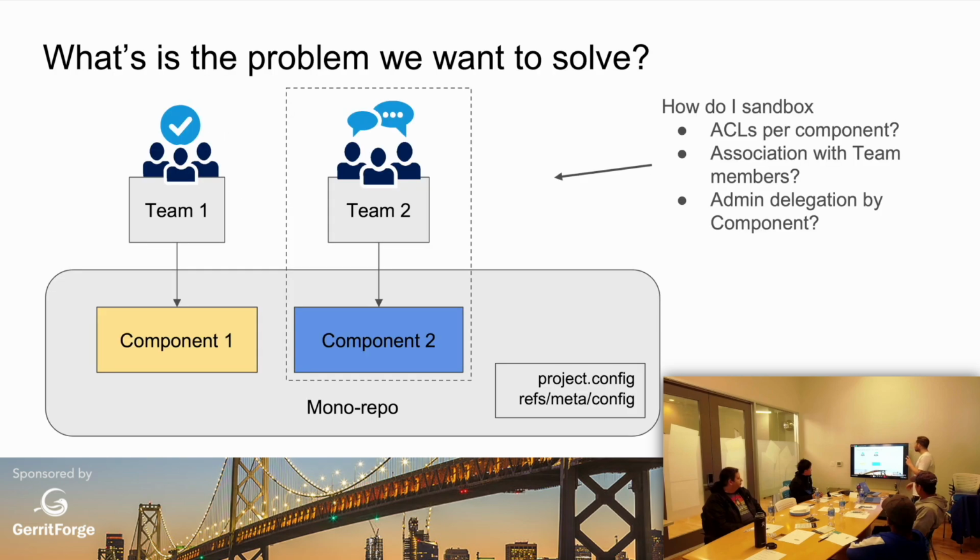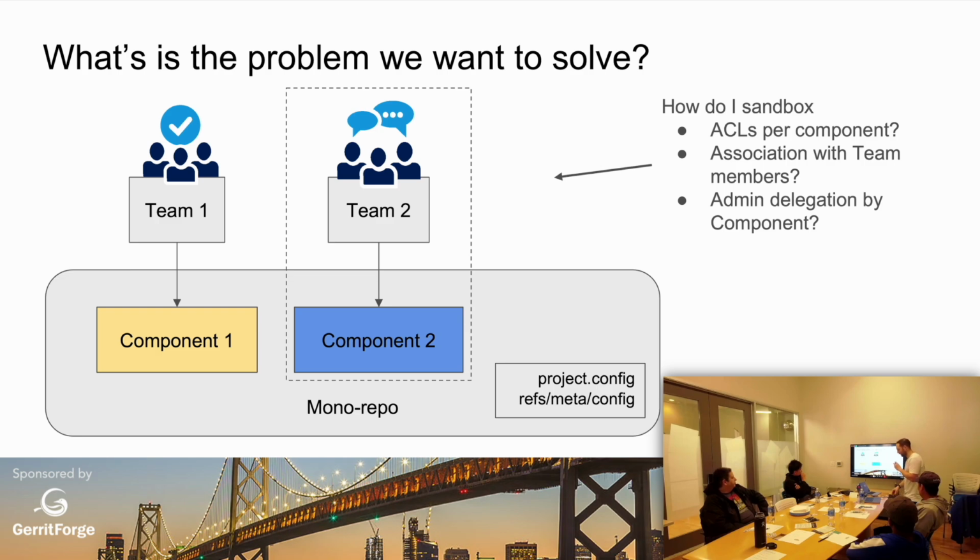First of all, what is the problem we're trying to solve? Say you've got a big monorepo. A monorepo doesn't even need to be that big, or any repo really, and you've got different components in the repo, and you want to have different teams working on those components independently so they don't touch each other's directory inside the same repository. You don't really have a way of doing that without either the owners or the code owners plugin. It essentially allows you to have a sandbox environment, I would say, where you've got separate ACLs for your teams. And these teams could work in completely different ways. They could have completely different rules for how they're going about the code review. And the owners plugin allows you to